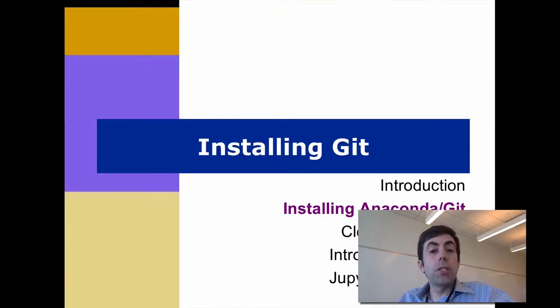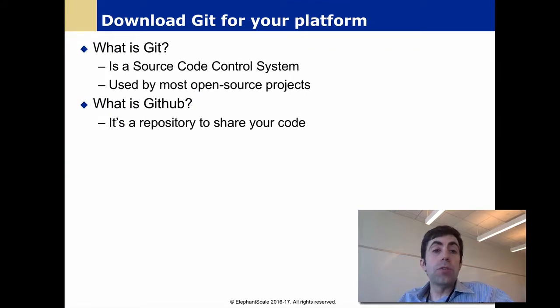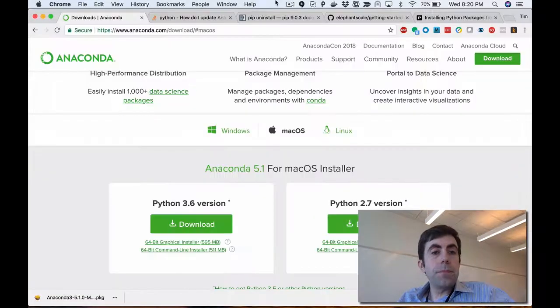Okay. Now, I'm also going to talk today about installing Git. So why do we need Git? Well, it's a source code control system. It's used by most open source projects out there. And there is a site called GitHub, which is basically a repository to share your code. So if you are not already on GitHub, I encourage you to sign up. It's going to be a great place for you to share your code with others. And all of my code examples are going to be from GitHub. So you're going to need to get there and sign up for that and download the client, which we're going to cover. So let's go now to our browser, and we're going to go to